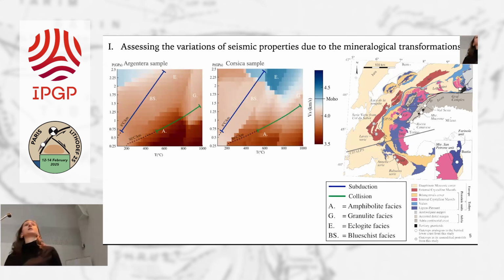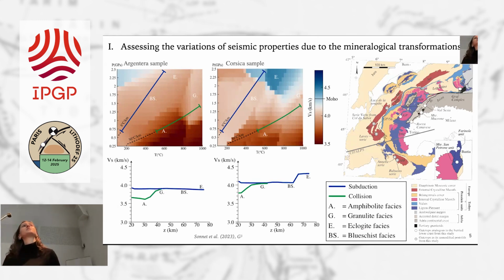And according to the burial context, the rock will not undergo the same mineralogical transformation, and then will not follow the same velocity profile as a function of depth. In a subduction context, the blue line here, eclogitization will generate a velocity increase around 60-70 kilometers, while in a collision context, the green line, the amphibolite-granulite transformation will generate a velocity increase around 30 to 40 kilometers depth. So now, if we compare this increase in velocity with the one that we see in the tomography model,